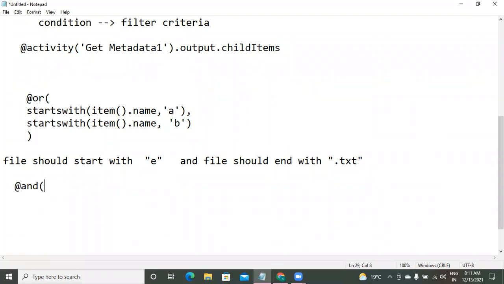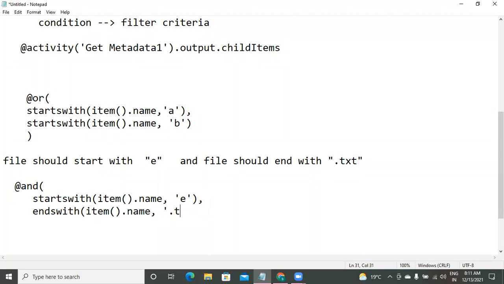@and of. Give the condition first, which starts with A. startsWith item.name of A. This is condition number 1, comma. For the second condition, you have to apply endsWith. endsWith item dot name, ends with what?